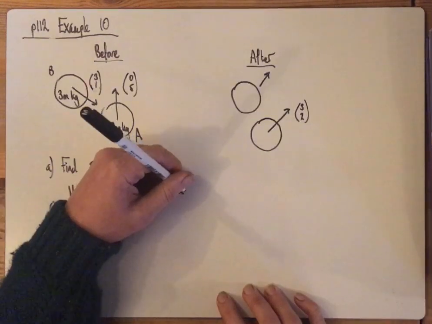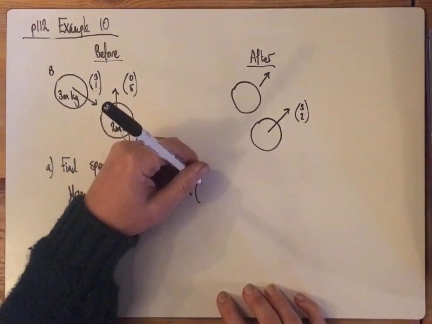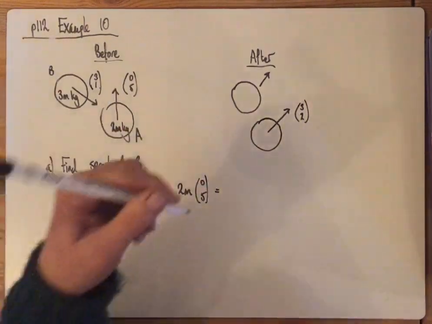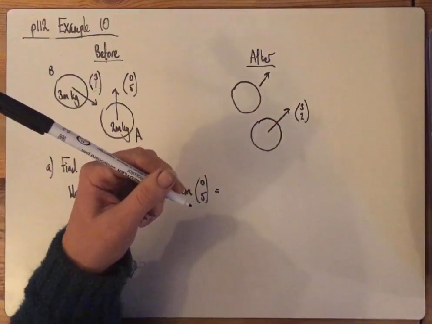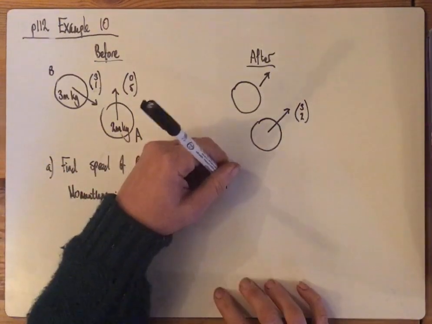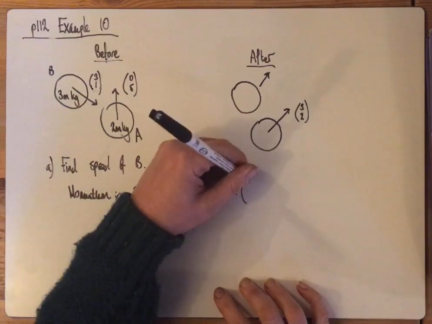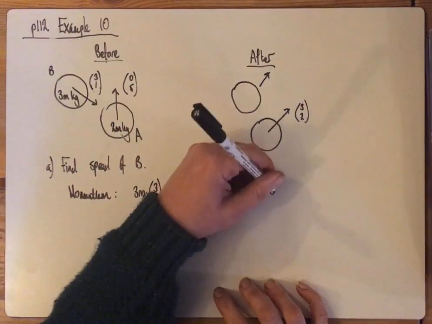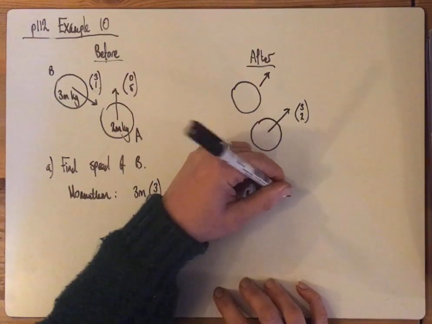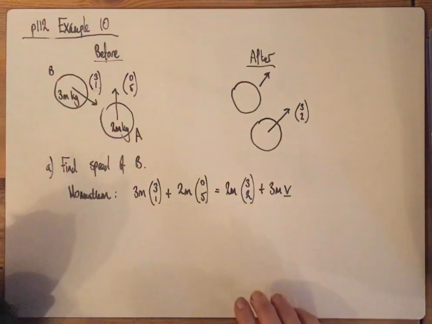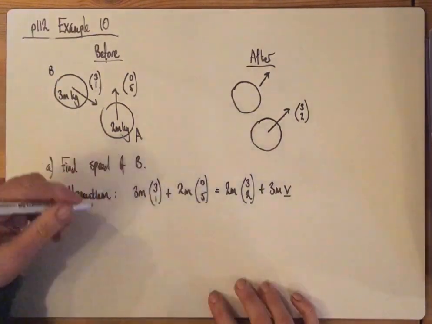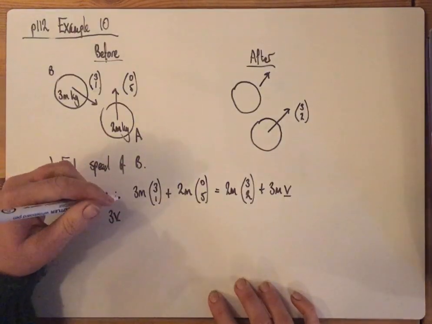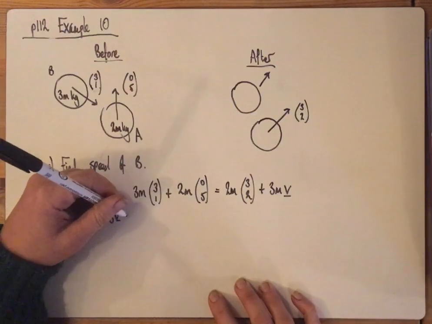So plus 2m, lots of 0, 5. It just happens not to be any negatives. Equals 2m, lots of 3, 2, plus 3mv. And then working that through, the m's all cancel off, so that's quite nice. 3v comes out as equalling